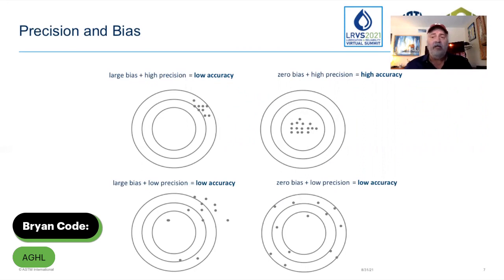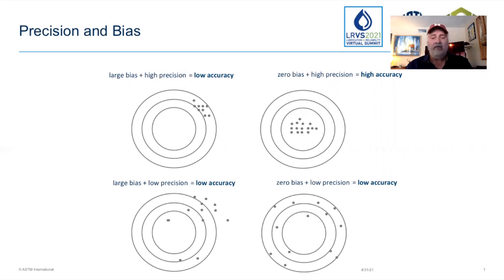But this kind of data from a test standpoint would be low accuracy because it has a high bias. And without knowing how to dial it in, we could assume that the data is more accurate than it really is. The one on the bottom left, low accuracy, in this case we have kind of a grouping at about the 2 o'clock position, but there is still quite a bit of data scatter. So the mean of that data set is not in the middle, and it has scatter,